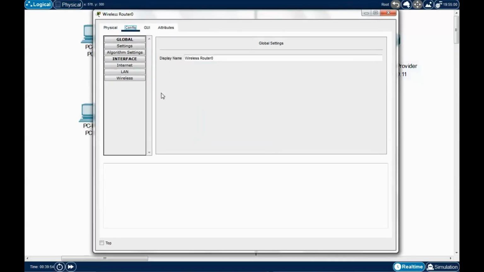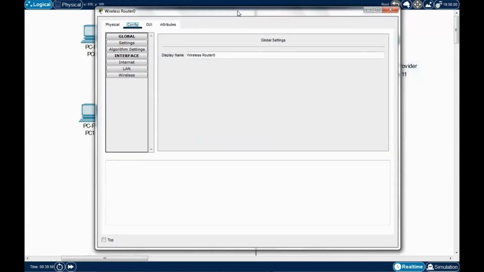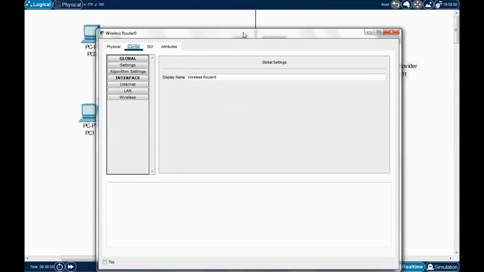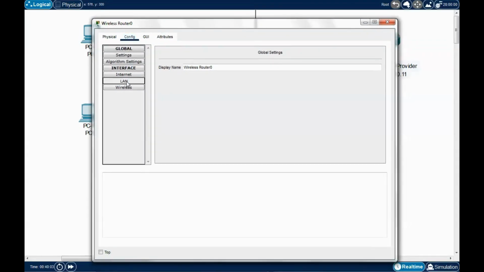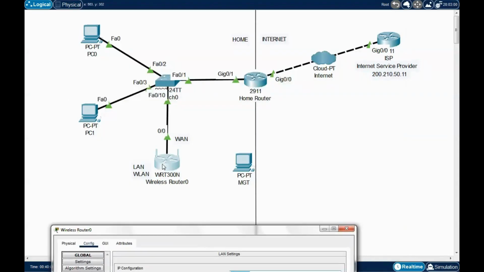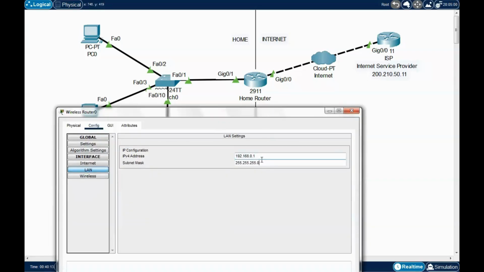Let's pretend that we're trying to look at the bottom part, because we cannot even see it here in the physical view. So I'll go to this LAN, and this is the IP address of this router. Let's say we want to configure it from this computer. So we need to use this